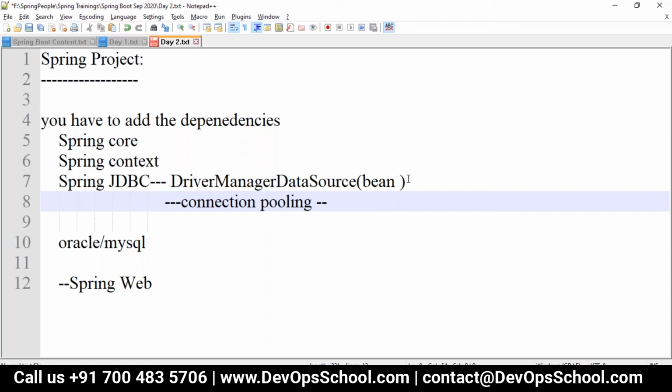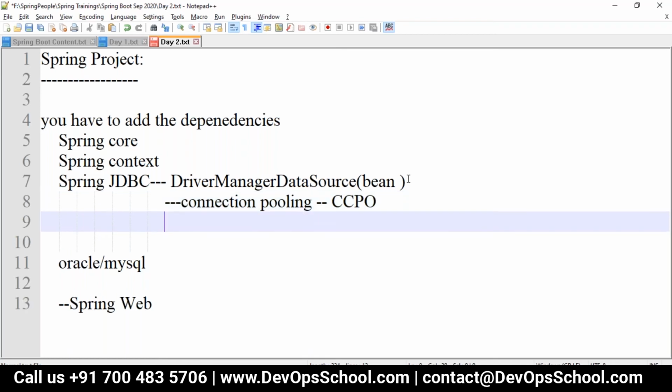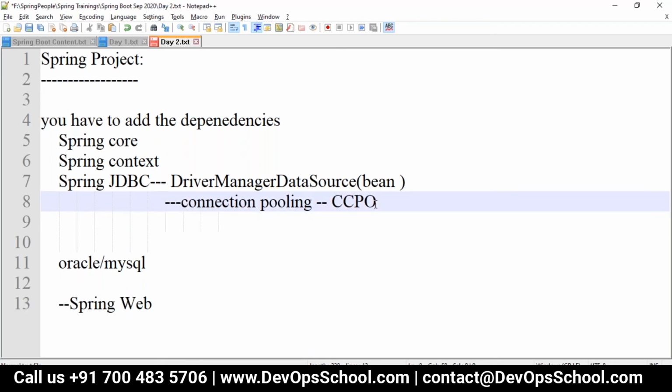With connection pooling in Spring, you have some other tools like C3P0 or DBCP, and we have HikariDataSource. C3P0 we have to maintain ourselves, but HikariDataSource is well and good.